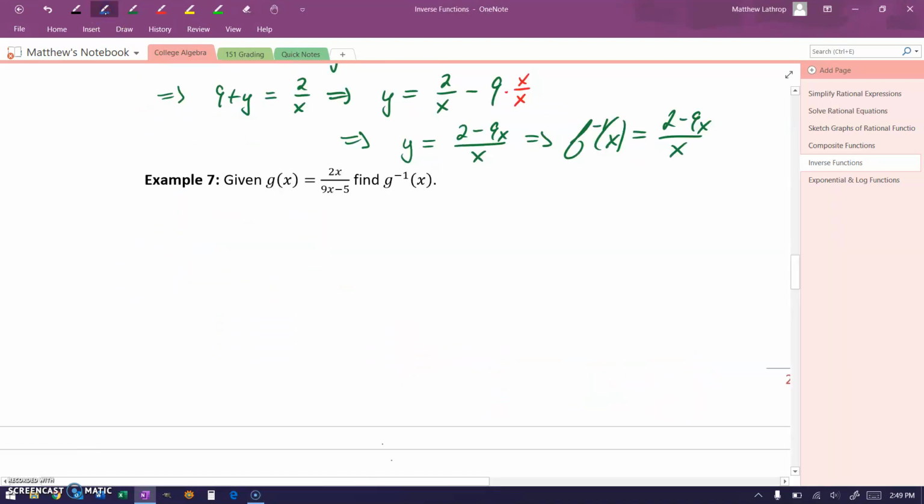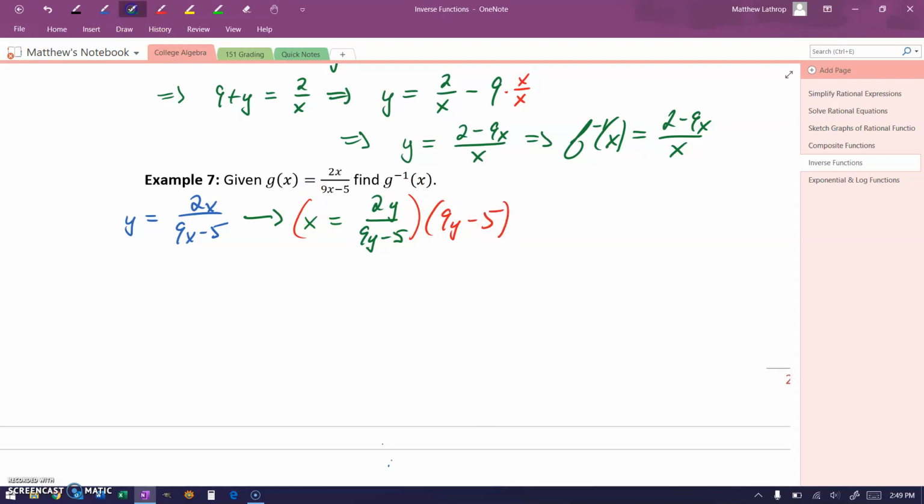We can look at doing essentially the same thing in example 7. We'll begin by rewriting this as y equals 2x over 9x minus 5. To construct that inverse function, we'll first flip all of our x's and y's. And then we'll solve for y. To start that process, we'll multiply both sides by that denominator of 9y minus 5 to clear out our rational functions, which will leave us with x times the quantity 9y minus 5